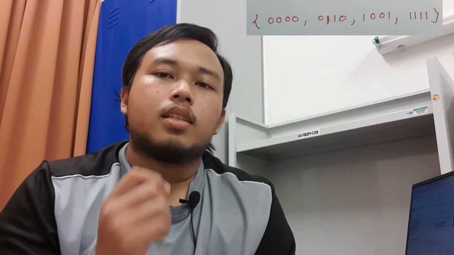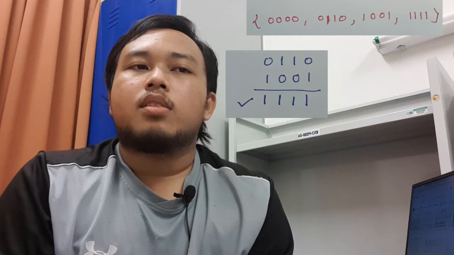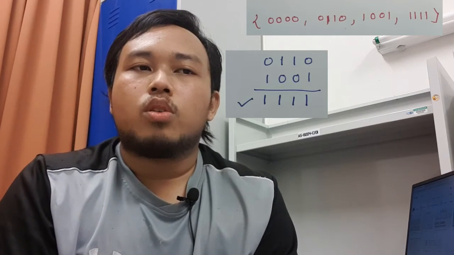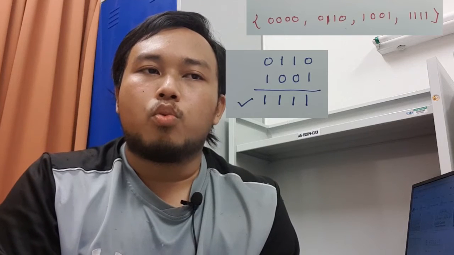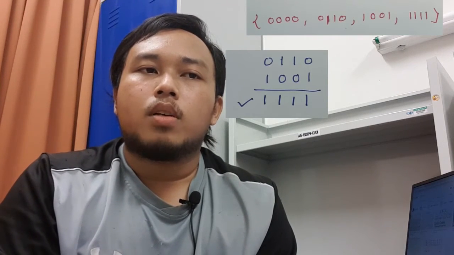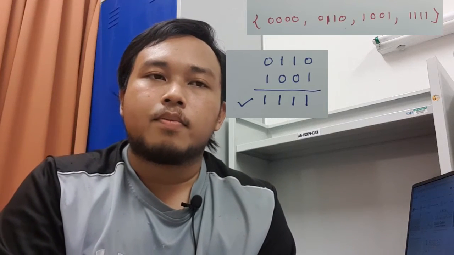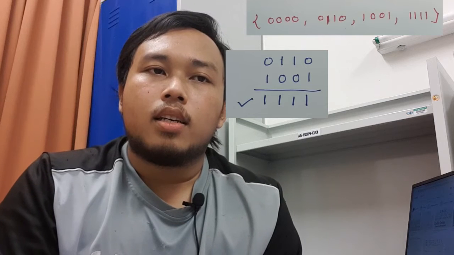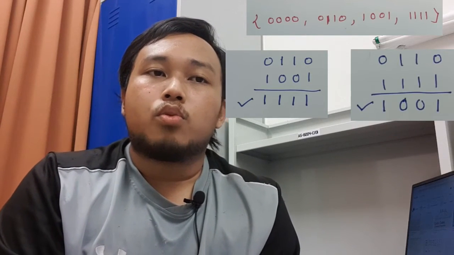As we can see, the first one: 0110 plus 1001 is equal to 0 plus 1 is 1, 1 plus 0 is 1, 1 plus 0 is 1, 0 plus 1 is 1. For the next, 0 plus 1 is 1, 1 plus 1 is